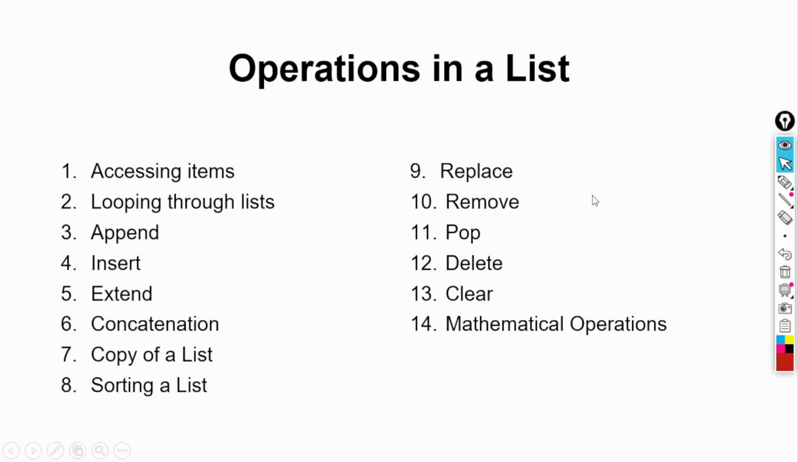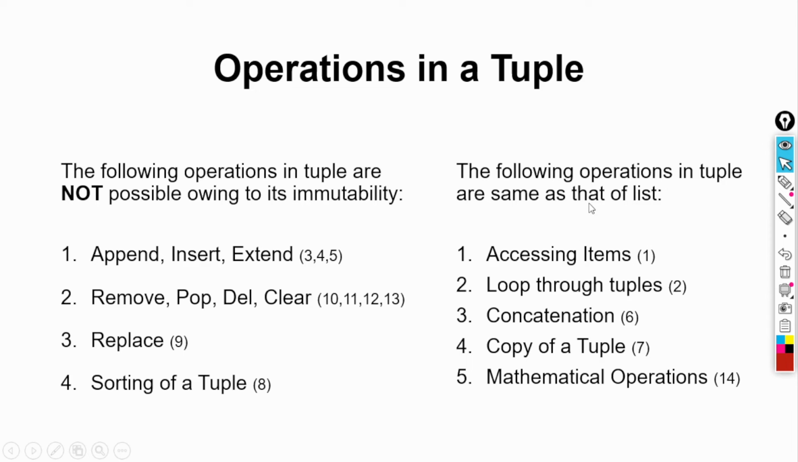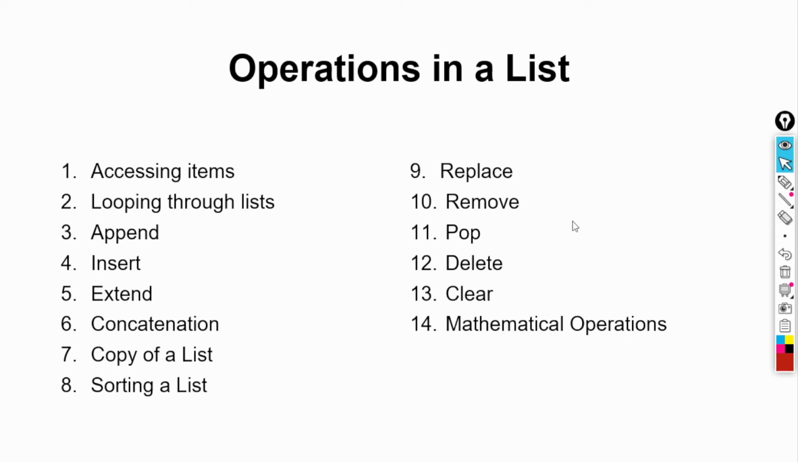Now we have several operations. A total of 14 are important that I have noted down for lists, and we'll be understanding them one by one. Okay, let's just understand the basics so that we can also understand what tuples provide and don't. So lists allow us to access items. Looping through lists is also possible. They allow us to append items,